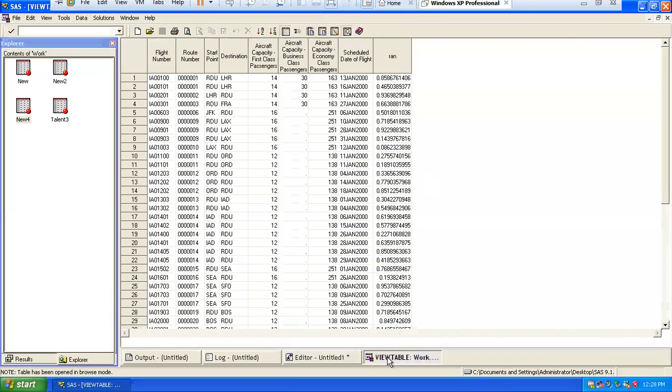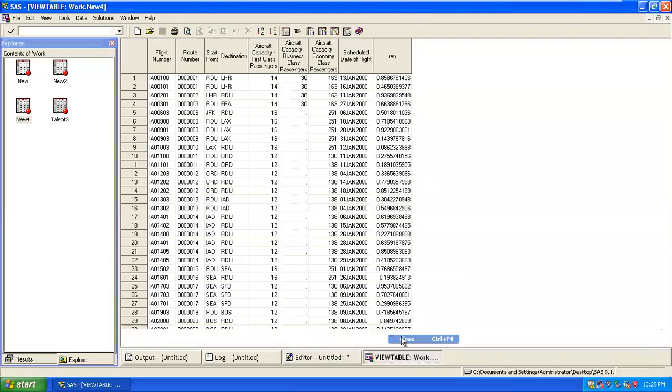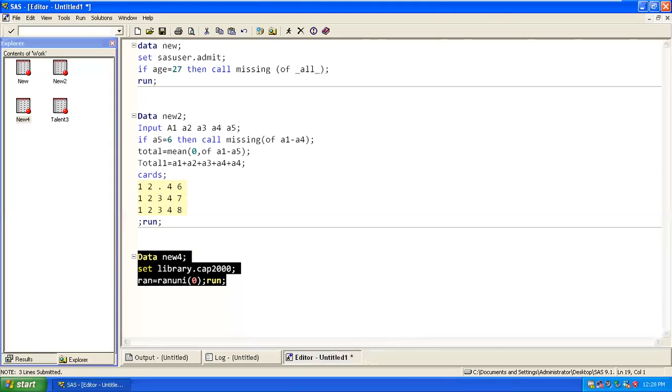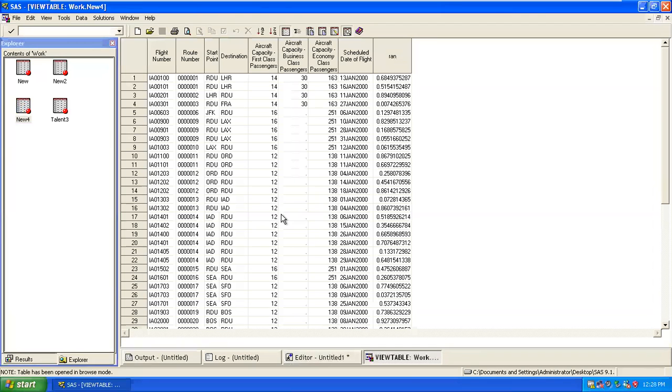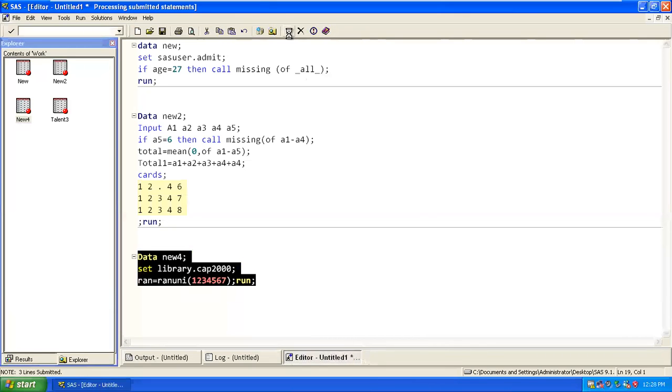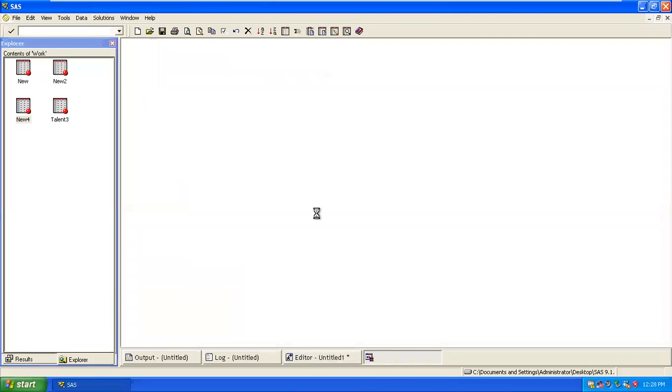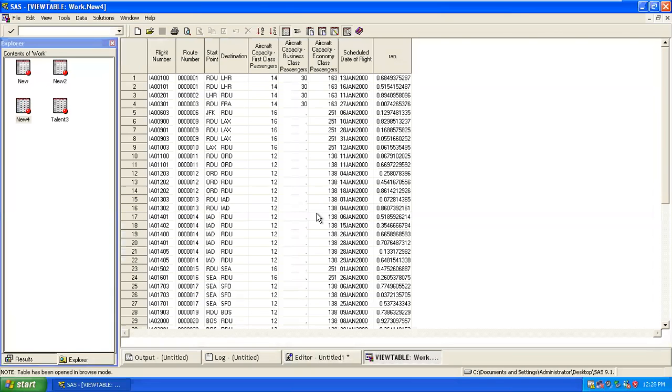Now, if you want to fix this random number, I don't want the random number to keep on repeating. So you can choose any number. If I execute now, look at the first observation: the value for ran is 6849. If I try executing again, my random number is not going to change.